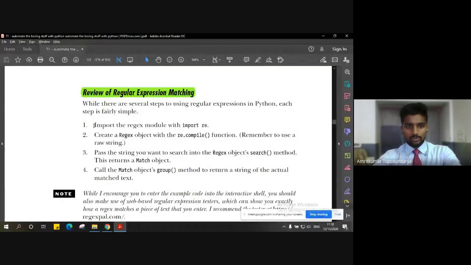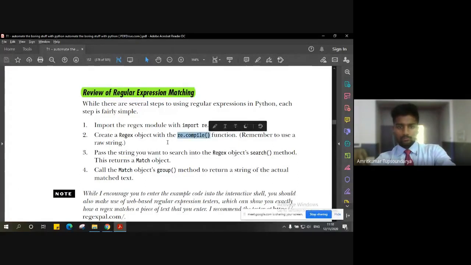So the overall review of this process is, first, we have to import the regular expression module by using the command import re. Then we create the regular expression object using the function re.compile. We also pass the string that we want to search into that regular expression object by using the search method, which will return the match object.